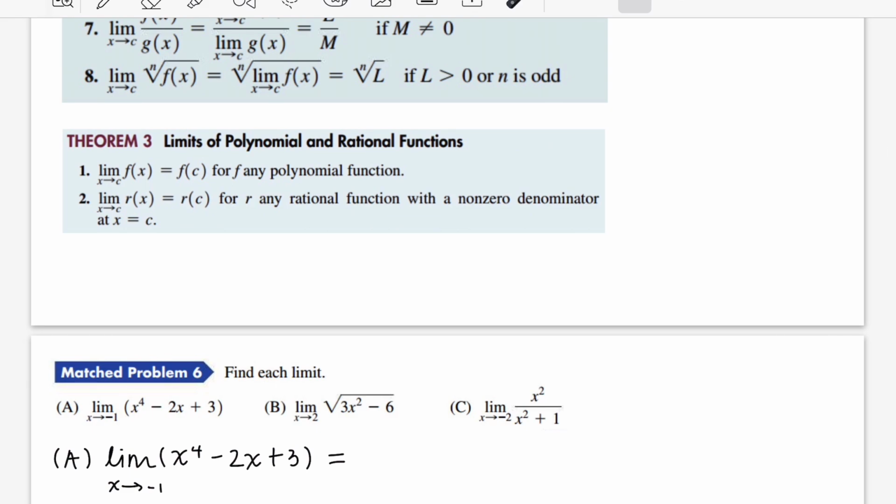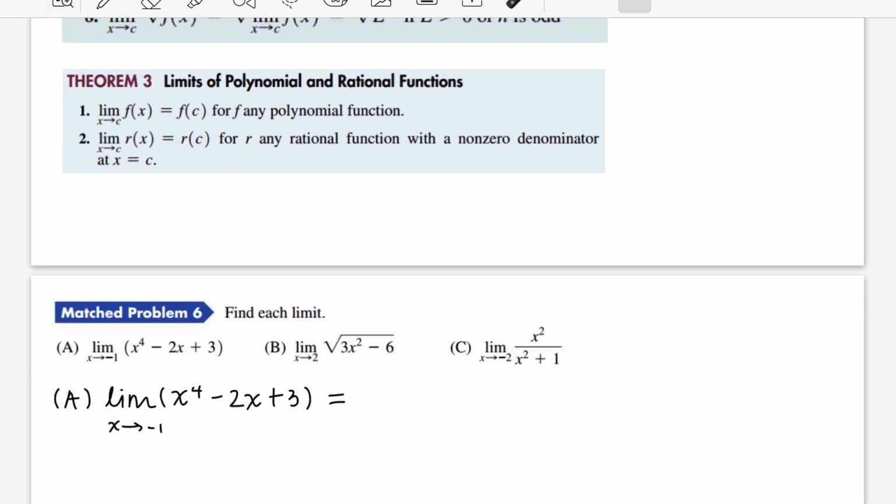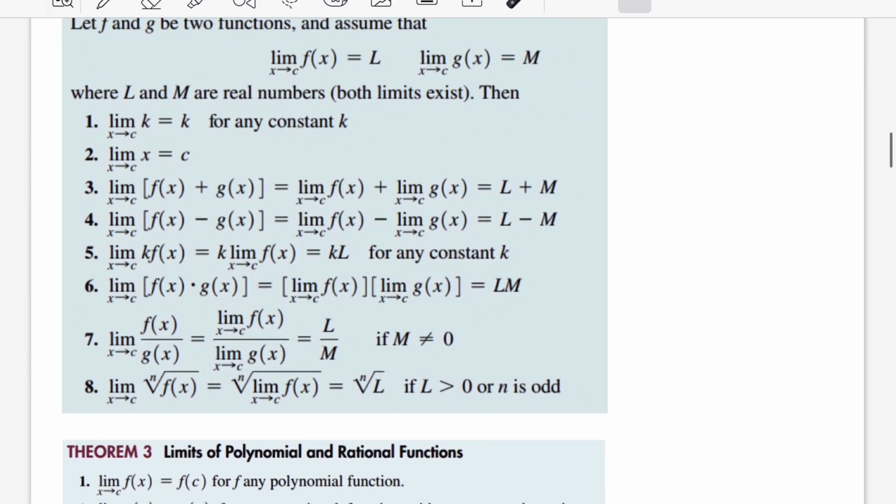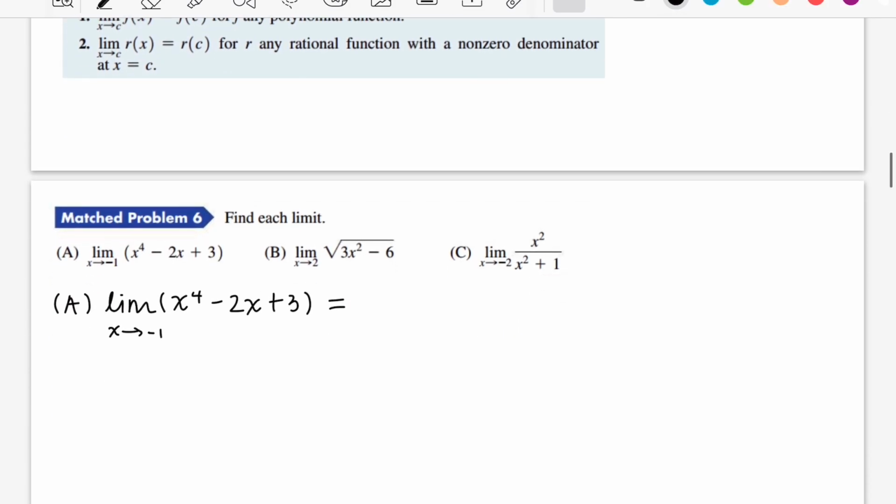So essentially what we can do with these limits is, in a sense, distribute them to each term here. And this is because of these properties here. If we're going to take the limit of the sum of two functions, that's the same as taking the sum of their limits. And same here, if we were to take the limit of the difference of two functions, that's the same as taking the difference of their limits. So this can be rewritten as